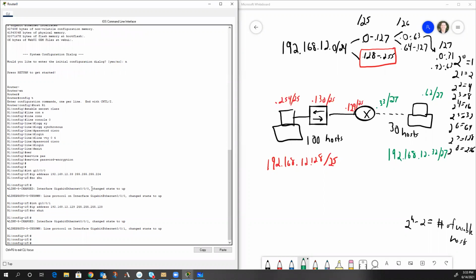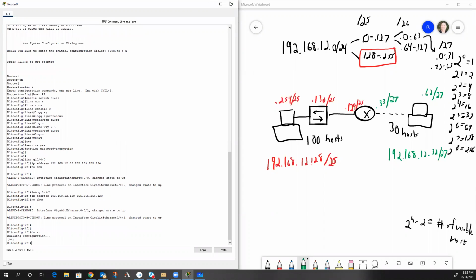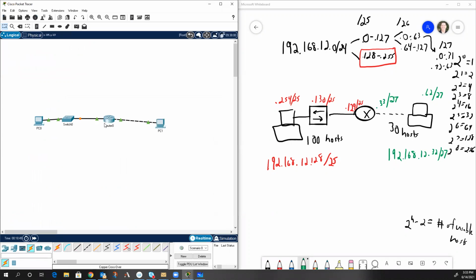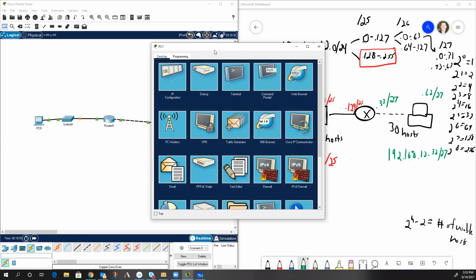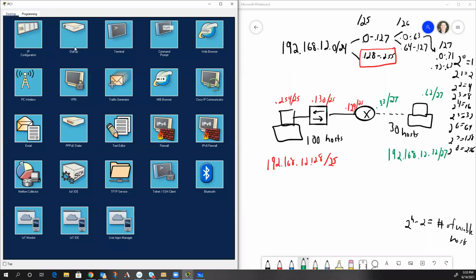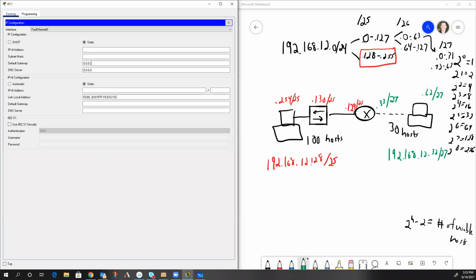Okay. Now I pretty much need to do a do right. So I'm going to save my configuration. So my router is pretty much set. All right. Let's go to this PC right here, and we'll go in and put an IP address on it. So we'll put a static IP address